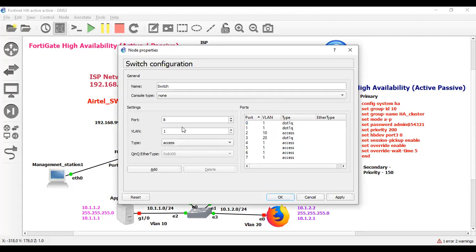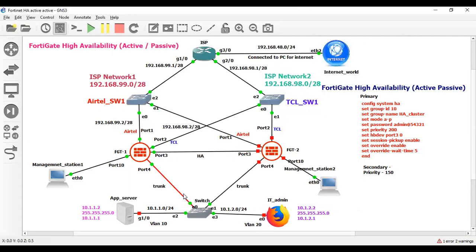Here I have configured only VLANs and trunking. This is a trunk port, this is also a trunk port, and this is an access port, and this is also an access port. This application server is in VLAN 10, and the IT admin is in VLAN 20. Till now I didn't configure anything on the FortiGate firewall.